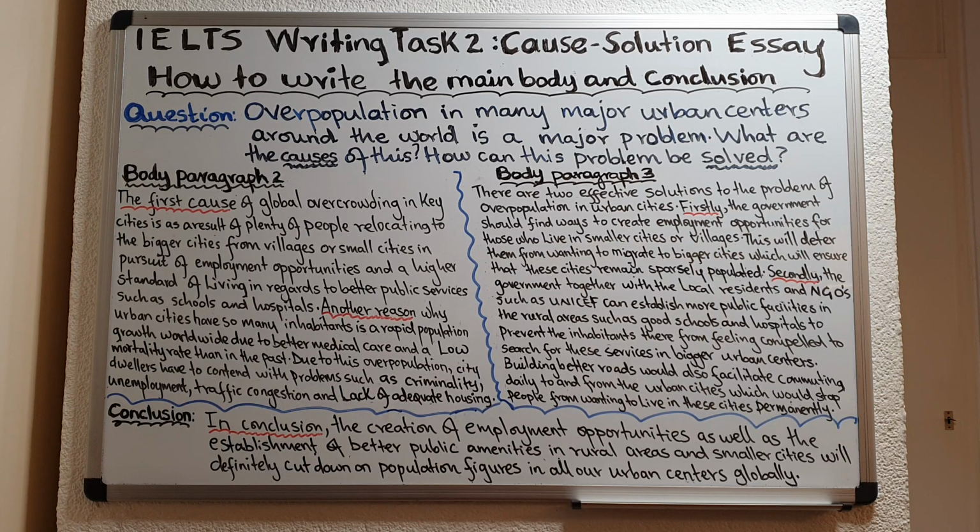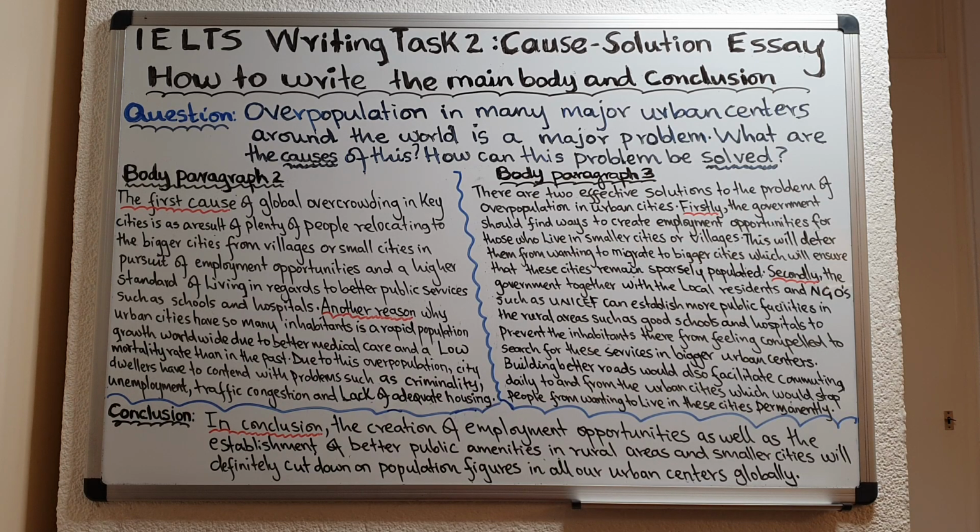In summary, as you can see, okay? And you tie that to the IELTS statement, which is overpopulation in many major urban centers around the world is a major problem. I linked that in the last part of my conclusion, that is the last sentence, when I said we'll definitely cut down on population figures in all our urban centers globally. Okay, now that's how you write a Band 9